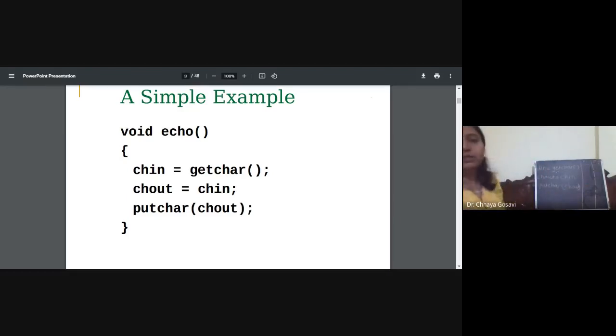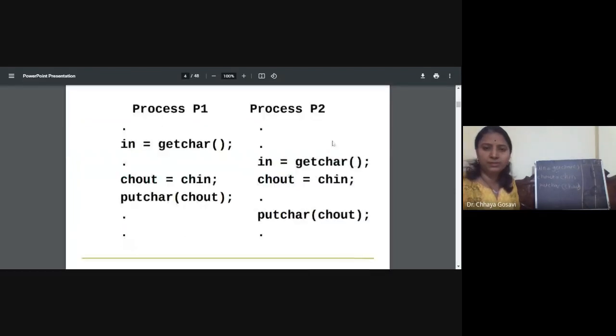We have to display the chout variable. So suppose P1 and P2 are executing parallelly. Now the sequence of execution is delayed somehow.